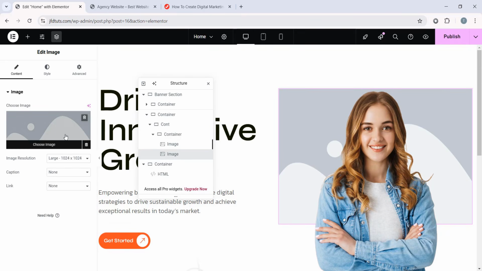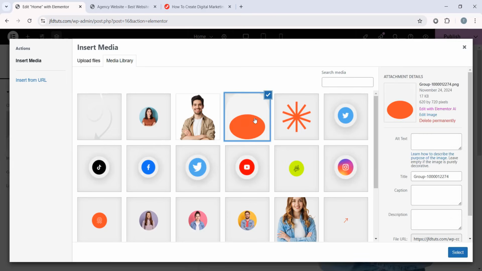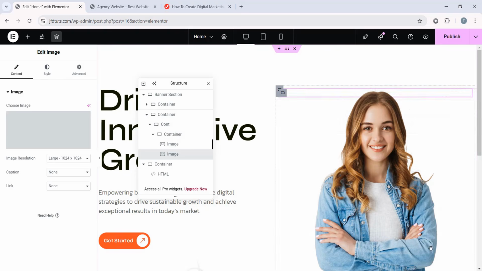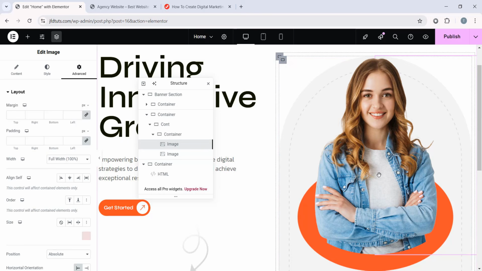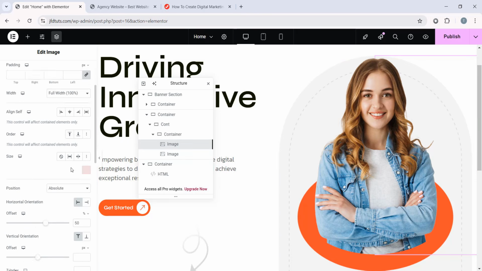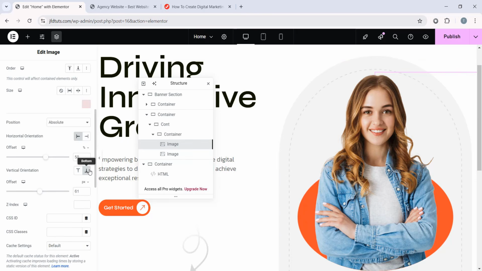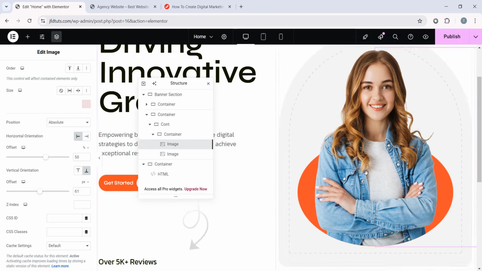So let's select this image. So from here, you'll find this one. Just select this. And this nice background for this image will be here. So basically on this background image, we don't have to do anything at all. And now if we select this image and actually make it vertical to bottom, you see this is being placed